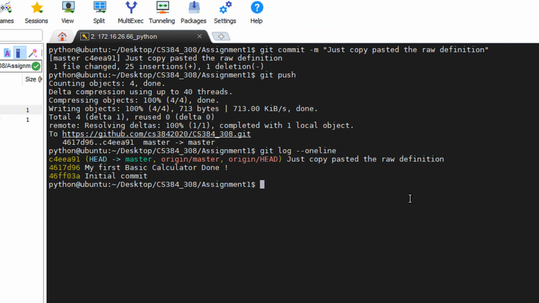Now from your side, I want four more commits, one for every function. Fine enough? So this should be done, and this is how you will learn how Git can help you maintain versioning of your program. That's it for this tutorial. Have a good